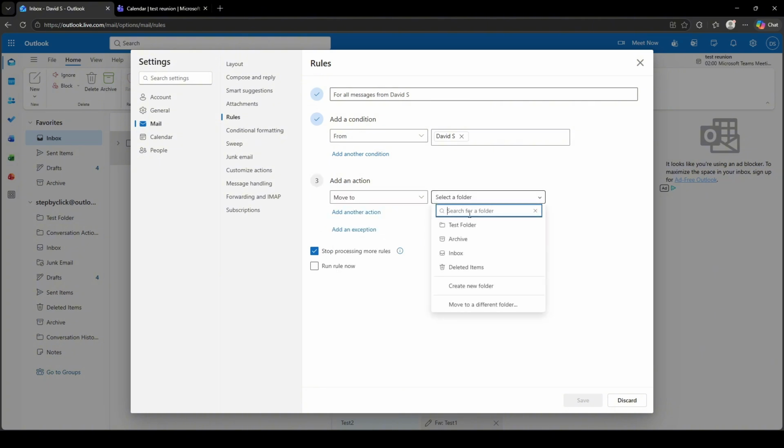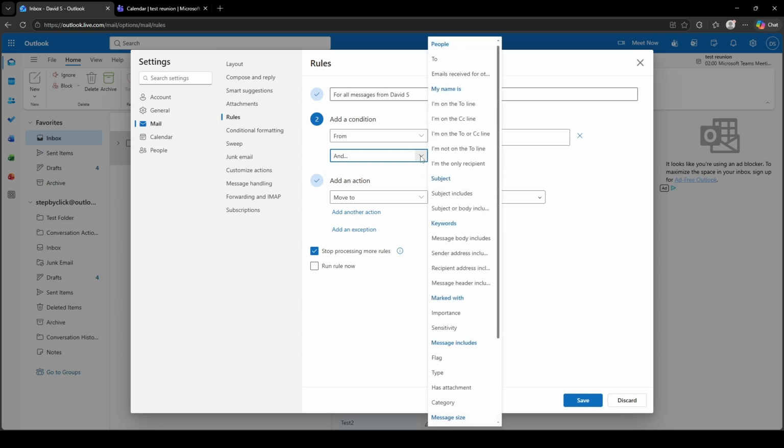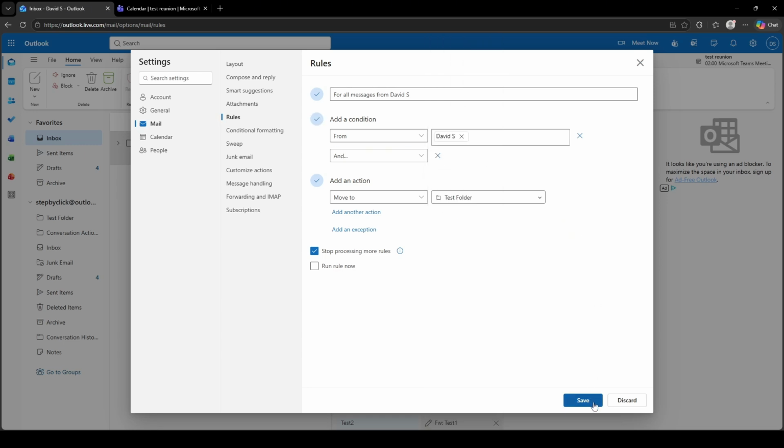folder from the list. You can also check Run this rule now on messages already in the inbox to apply it to existing emails immediately. Click OK, and your rule is active. From now on, any email that matches your condition will be automatically sorted into the right folder without you having